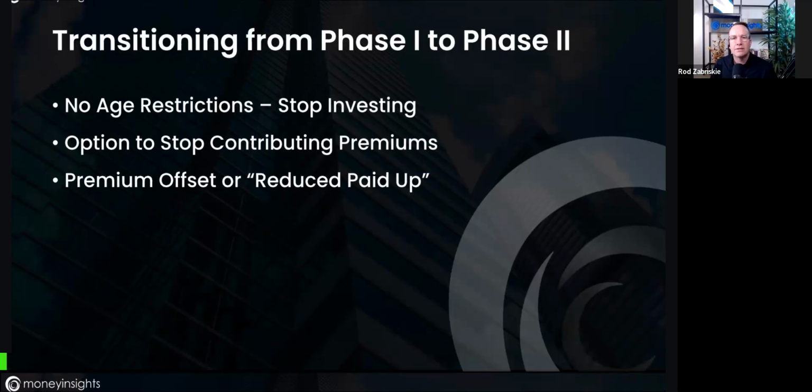Well, as you may recall, when we set up these policies, we create what we call a funding range. Here in a minute, we're going to look at an example where we show someone putting 100,000 a year into their policy, but they're not committed. They don't have to put 100,000 a year into it. They could put anywhere between, in this example, about 22,000 as a minimum, up to 100,000 a year as a maximum. Okay, so that's their funding range. Well, if they say, I'm not continuing to put new money into it like I was in the early years of phase one,